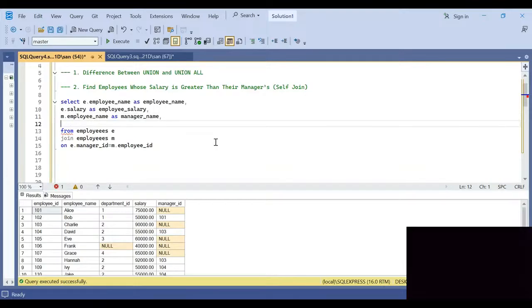And then we also pick the salary of the manager. So m dot salary as, call it manager salary. So if we run